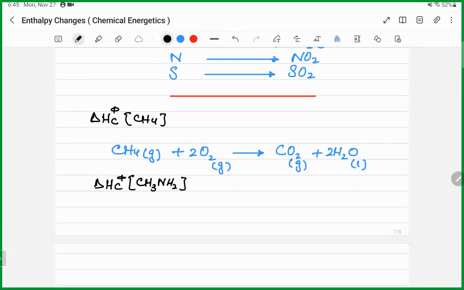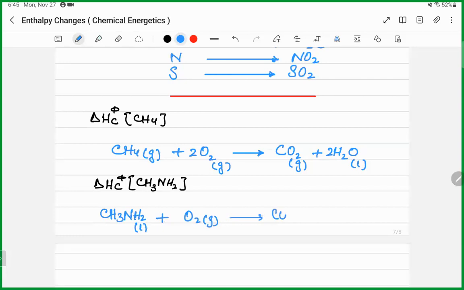CH3NH2. So you have to write down CH3NH2 amines, well, I can write a liquid, plus O2 gas